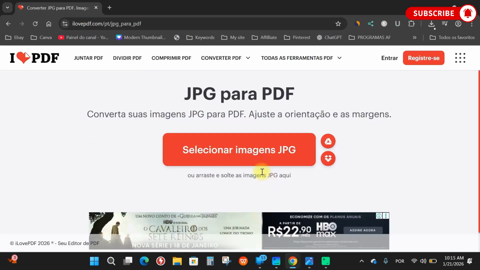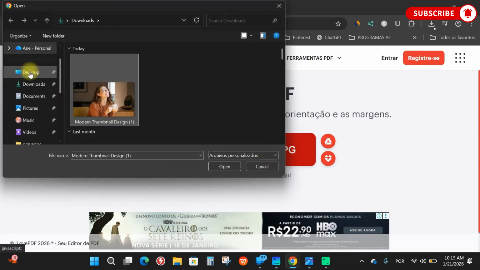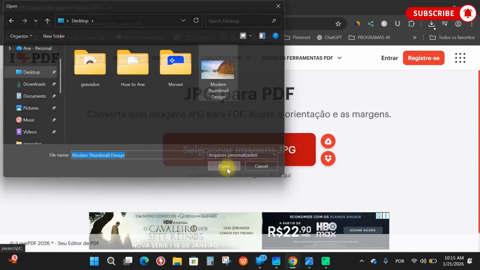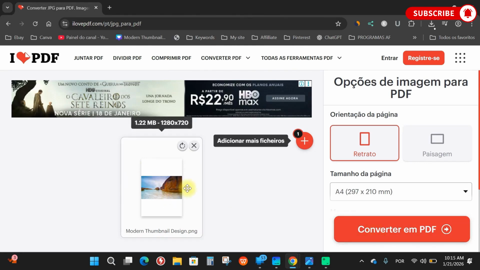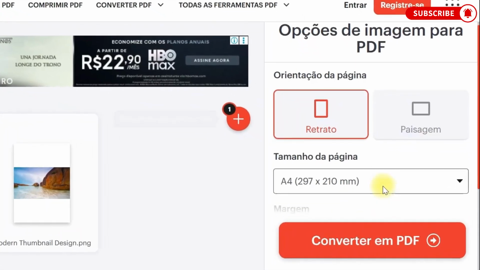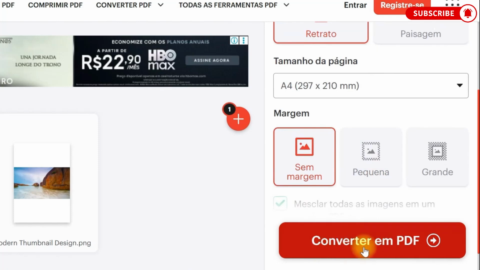It's really quick. Now here, you'll select the image you want to convert to PDF. Choose the image. I want to convert this image here from the desktop, so I'm going to select the image, click to open it, and the image will be loaded here, guys. Here you choose whether you want it in portrait or landscape format, okay? You can also choose the paper size, but I'll just leave it as it is and simply click here to